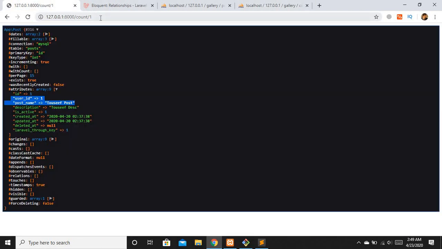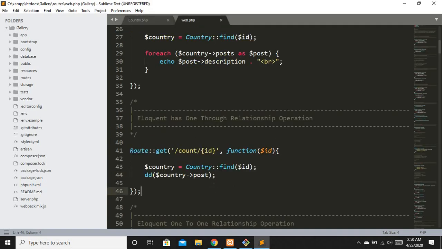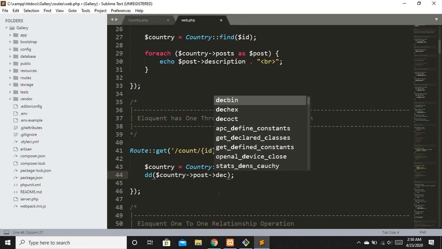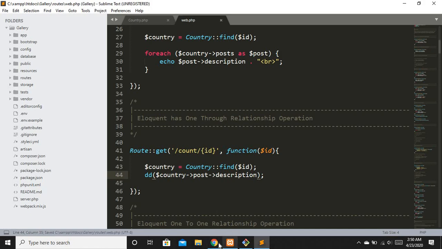Now let's say I just want to fetch a specific field from right here, let's say description. What I'm going to do is really simple. Just get it as an object property, description. Oh, I don't know why it is not coming. Okay, right here. Refresh, and we have our description. Let's find the post where country is equal to 2, or India, let's say. Right here you can see. Let's again find one, and we have a different description. So this is how the hasOneThrough relationship works. It is going to return only one record.